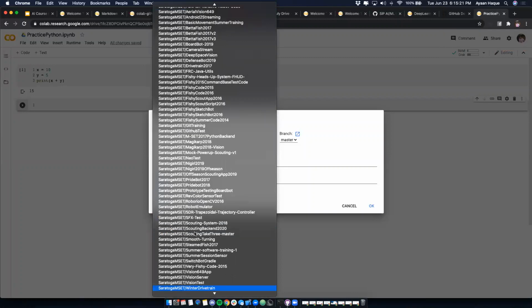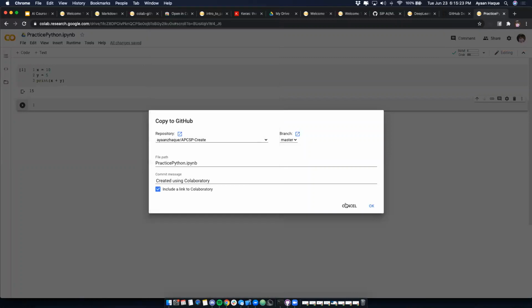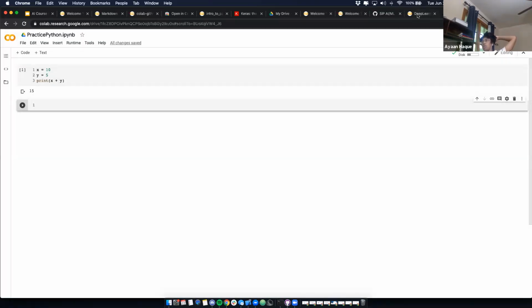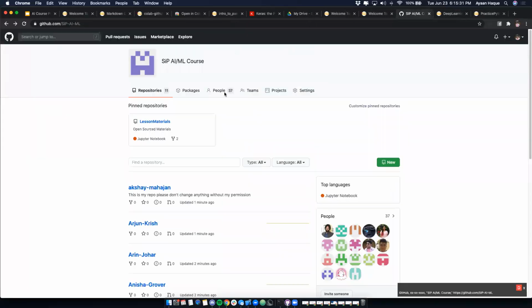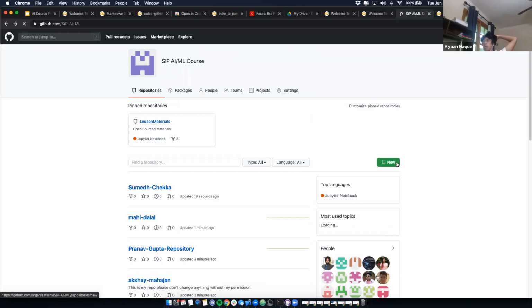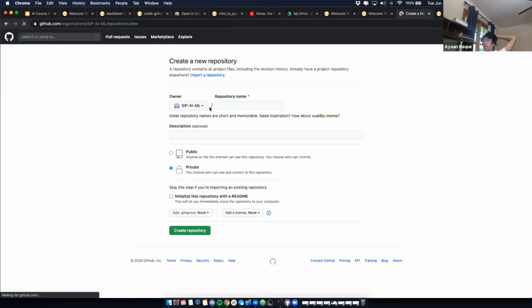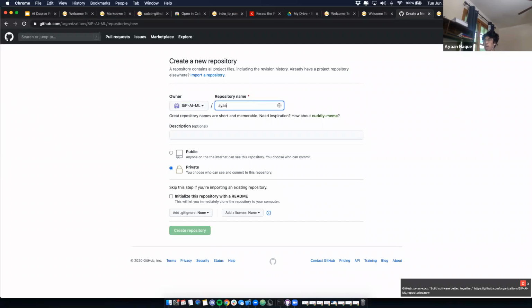Wait, is it save a copy to GitHub? Yeah. Oh, okay. How do you make the repository? Yeah. Okay. So we went over that. What you want to do is go to GitHub, right? Press new repository, and then make it your name. So my example would be like this. You can put whatever description you want. Public, initialize with README. That's it. And then press create.